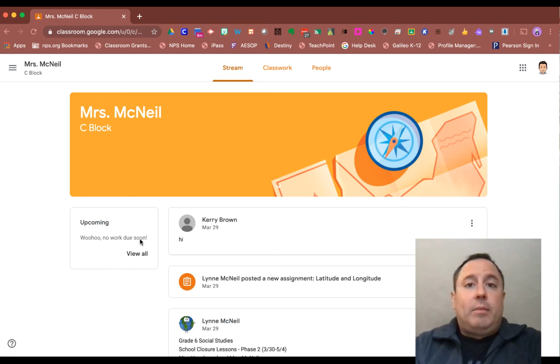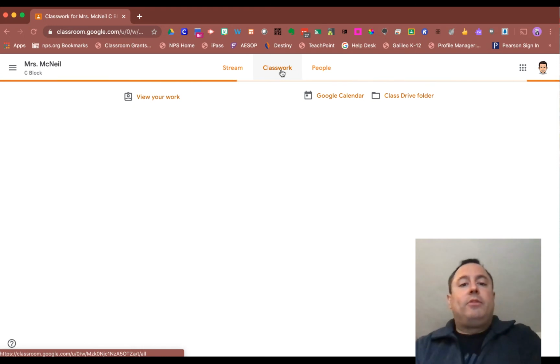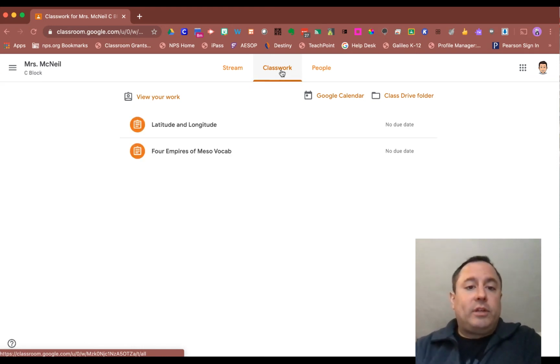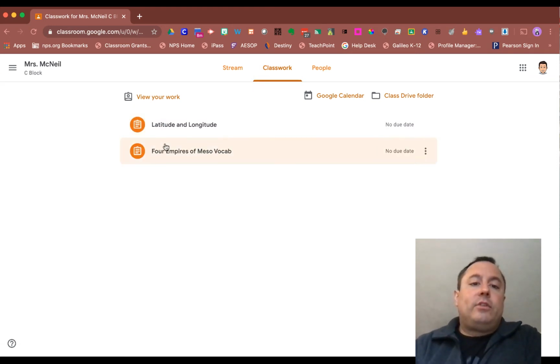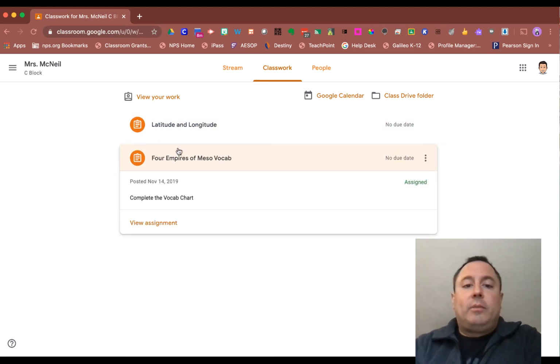This is where assignments are going to be posted. So if there are any upcoming assignments due, they're going to be kind of up front right there. So you'll be able to see that. When you click on the Classwork tab, this is where the assignments are actually posted. So for instance, I've got 2 assignments here. And when I click on each of these assignments, I'm going to have access to the